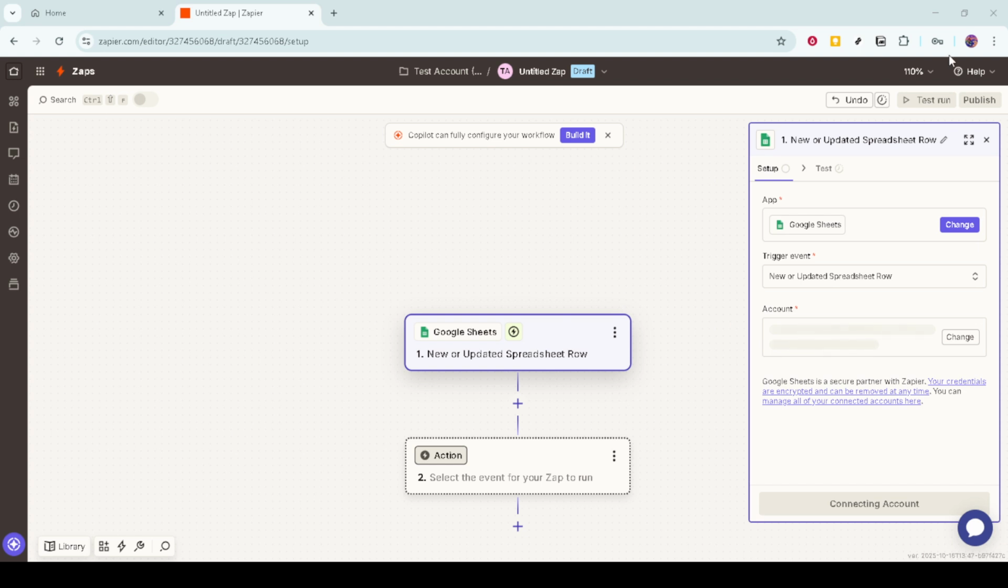Now it's time to add an action step by selecting Notion as the action app. This is where the data from Google Sheets will be directed. You'll need to connect your Notion account, similarly to how you connected your Google account, providing Zapier with access to your Notion workspace. After linking your Notion account, choose an action, such as Create Database Item. This will ensure that whenever the trigger event occurs in Google Sheets, a new item will be created in your